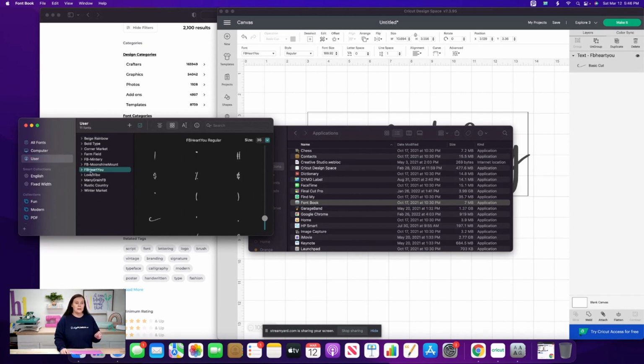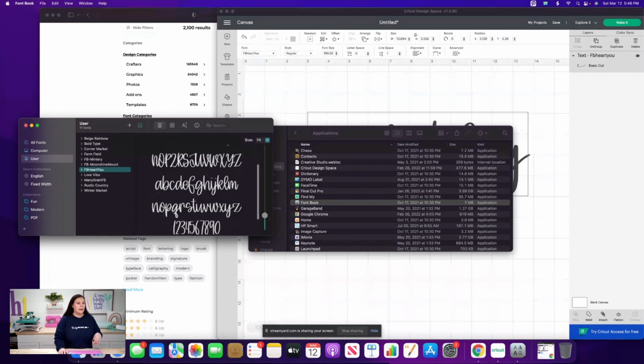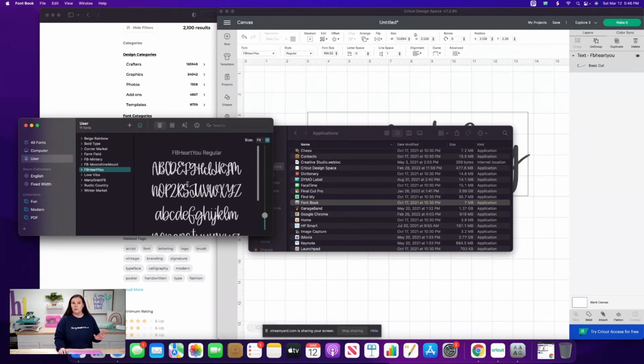And it's right here. So if I click on it, these are all of the glyphs that are accessible. Now, if it's not showing up for you, you probably have it listed like this. So right here, if it's on the little lines, I call it kind of like a hamburger, you're going to have an example of what the font will look like.